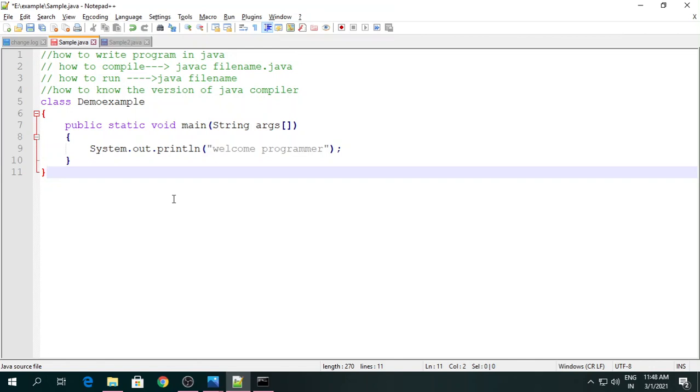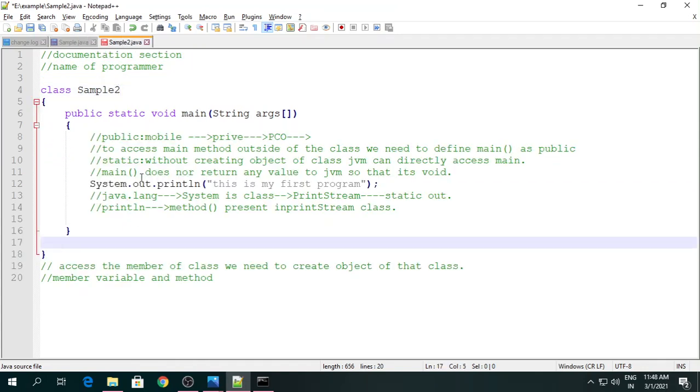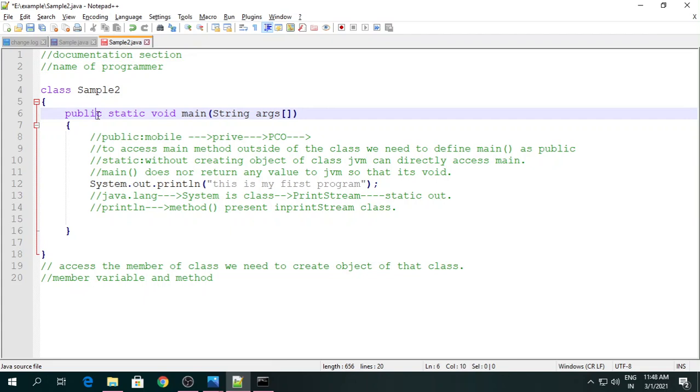So in this way we can write a program in Java. In this session we have seen what exactly public static void main is and what is the meaning of System.out.println. It is generally asked in interviews, what is the main signature, and explain that signature. So what is public static void main. In the next session we will see other concepts of the Java programming language, where we will see how to create the object of a class. Fine, so thank you so much for your time.